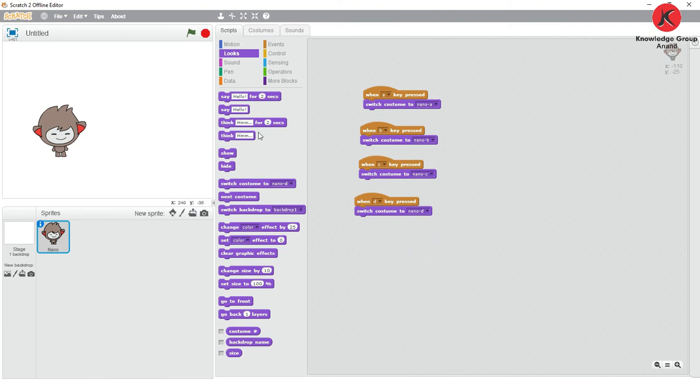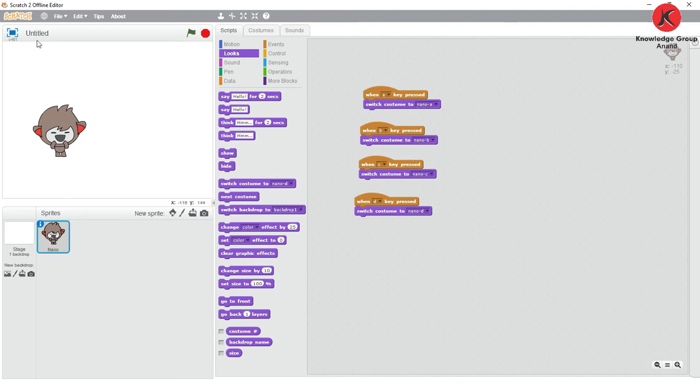Okay, now let's run the project by clicking here, start the project by clicking the green flag. Right, now I'm going to press B from the keyboard. You can see C and D, A. So you can see here it is changing its face, which means we have done our coding. It depends on the requirement. So this way we can change the costume of a particular sprite. If you press another key, any other key, then it will not perform. Only A, B, C and D will perform,